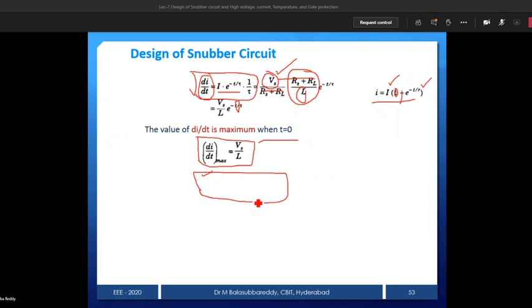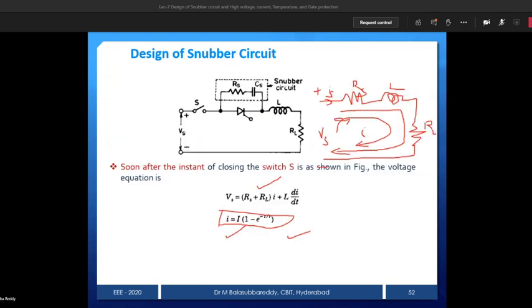You can see the circuit here. See that this is open circuit. I want to know what is the voltage across here, Vt. How will you get? Whatever voltage across here, that is nothing but voltage across the device. So here, initially the capacitor is short, then current is passing through the resistor, I into R, that is the voltage drop, that is equal to the voltage across the SCR.